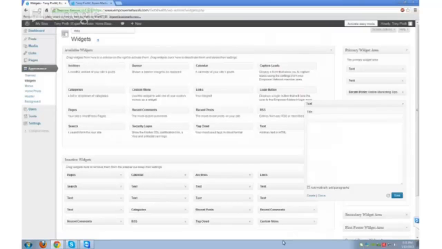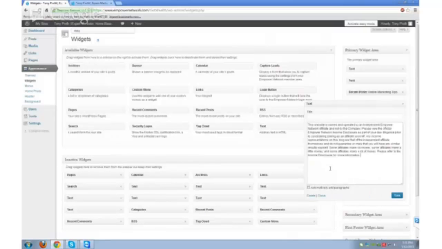Now I have a document opened up already that's got my words on there. Let me copy it. Okay, it's got my words copied on there already, but I'm going to go ahead and right click and then click paste. Now, there's the income disclaimer that they're going to be able to see,